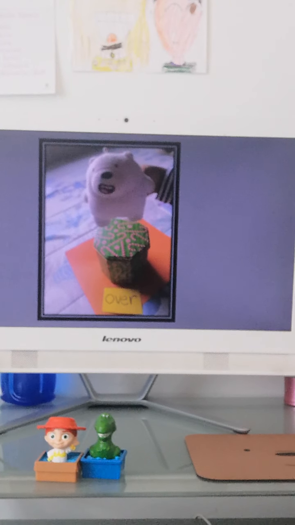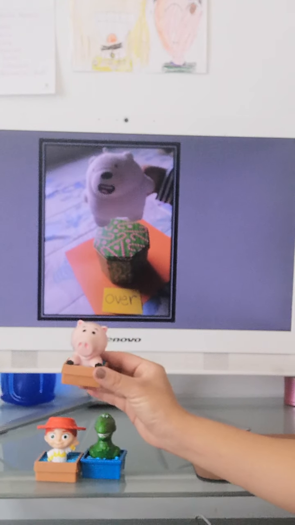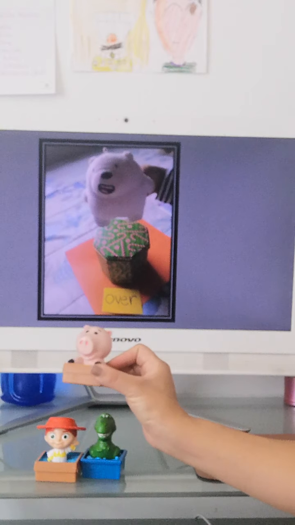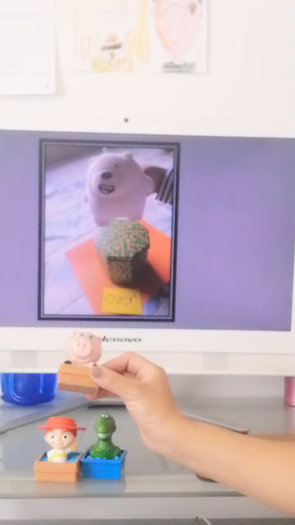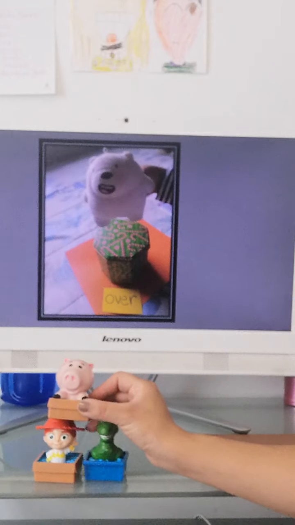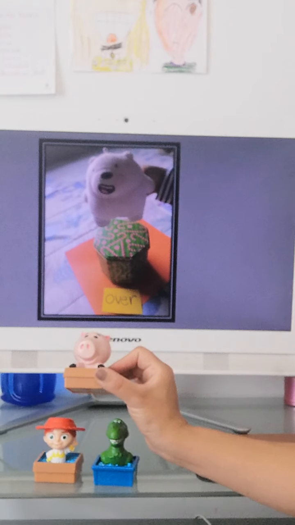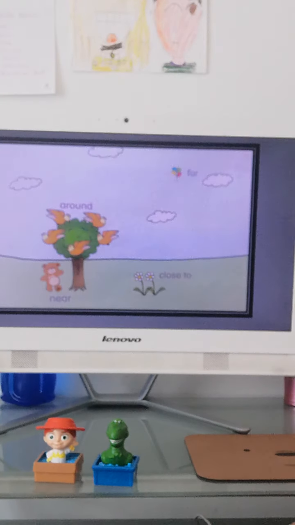Over. Polar is over the box. Remember that when we say over, it means that it's not touching. In this case, Mr. Pig is over Jesse and T-Rex, but it's not touching at any moment. Over is like this. And now today we're going to concentrate on